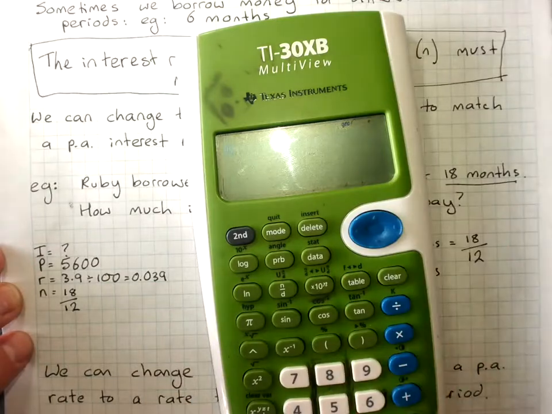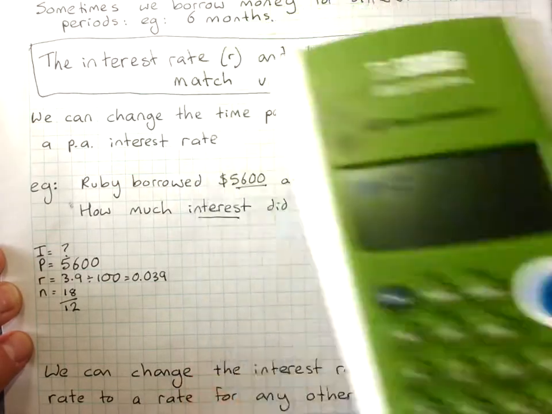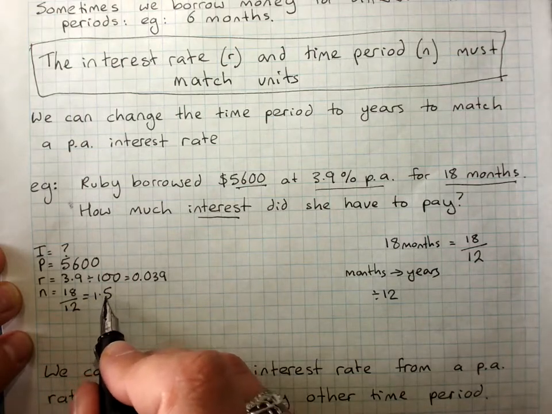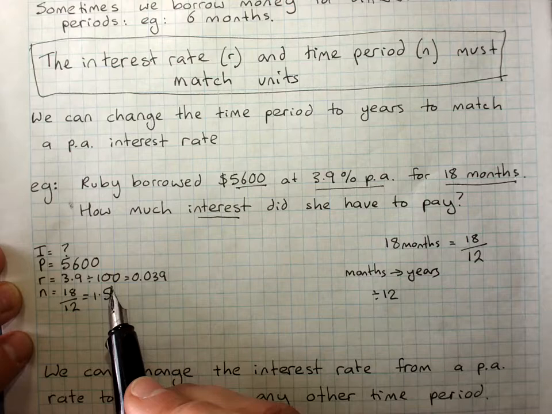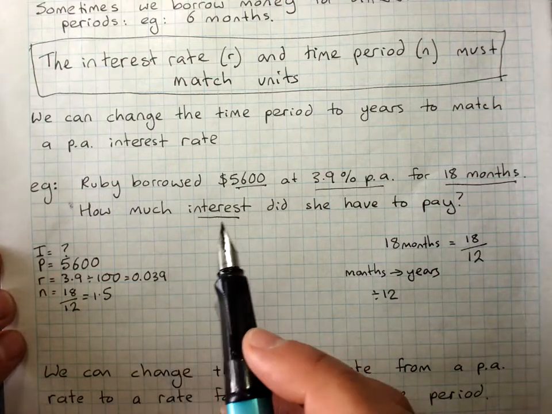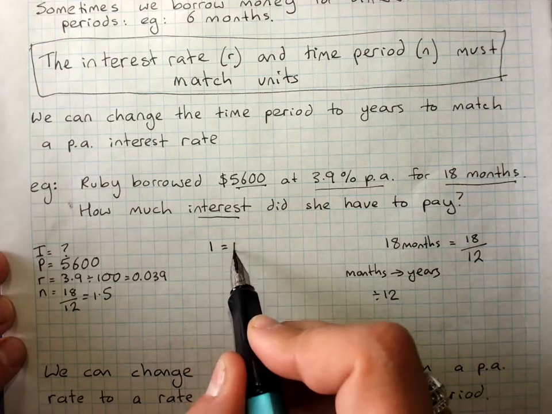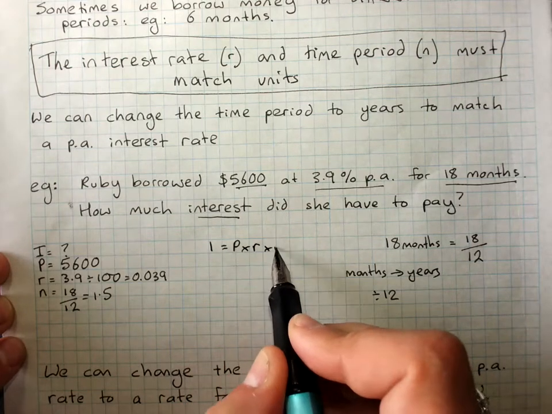Or, if you prefer, you can type in 18 divided by 12 and get 1.5, but don't round off. So if you're left with any decimals, you'd have to keep them all. Otherwise, you'll get cheated out of some interest. And then we use the formula. I equals P times R times N,